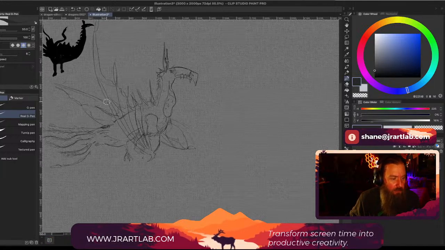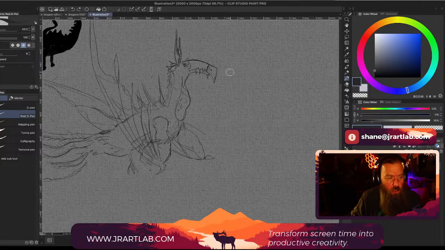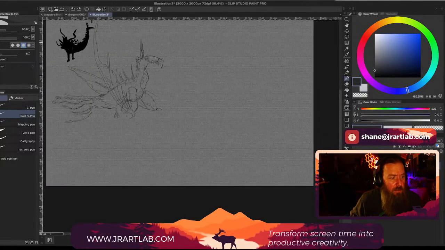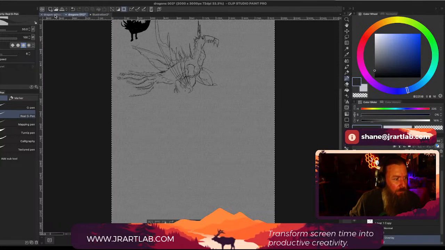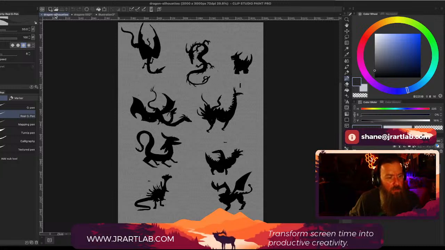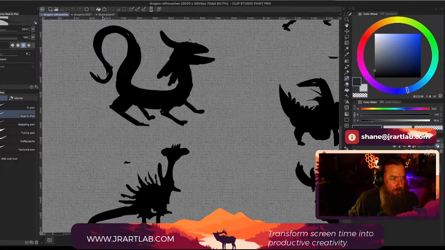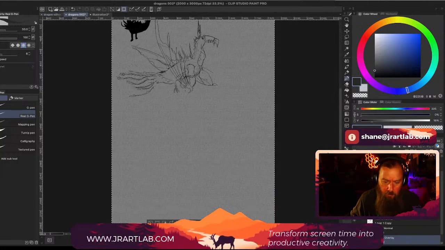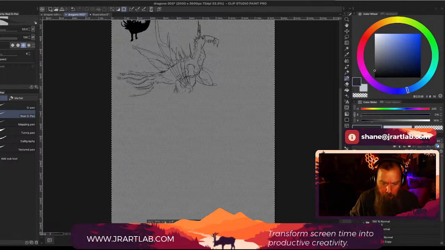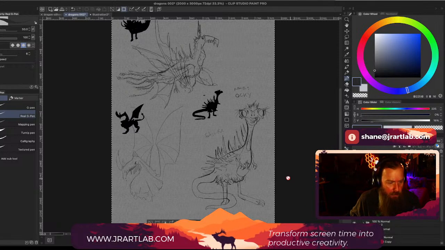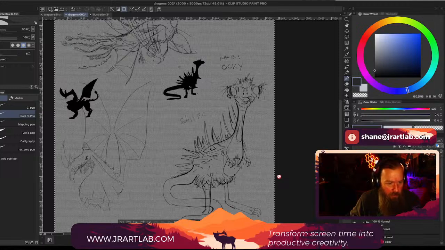So here is our dragon. We sketched a whole bunch. We started off with these silhouettes a couple of weeks ago, and we did a whole page of silhouettes, which I have here. So here's all of our little silhouettes, experimenting with ideas, thinking about legs and arms and wings and weird ones. I still quite like this little guy that we had down the bottom here. He's kind of funny looking. Let me turn those layers back on here.